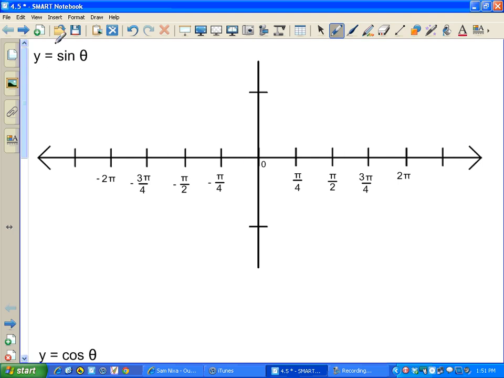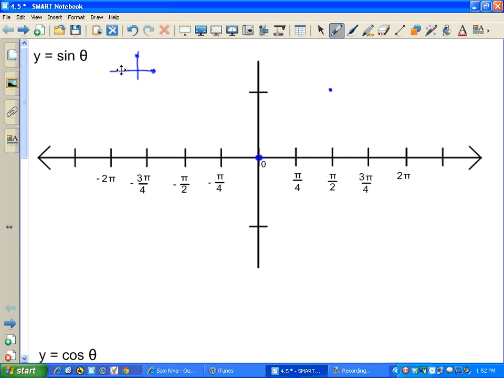So in order to get a basic graph, our base function, we're just going to look at values that we know the sine of. So I've got some values up here. We'll start at 0. If you look at your unit circle, the sine of 0 radians, which would be here, I've got a sine value here of 0. So that's a point on my graph. Another point that I know is up here at pi over 2. I know that that's got a sine value of 1. And